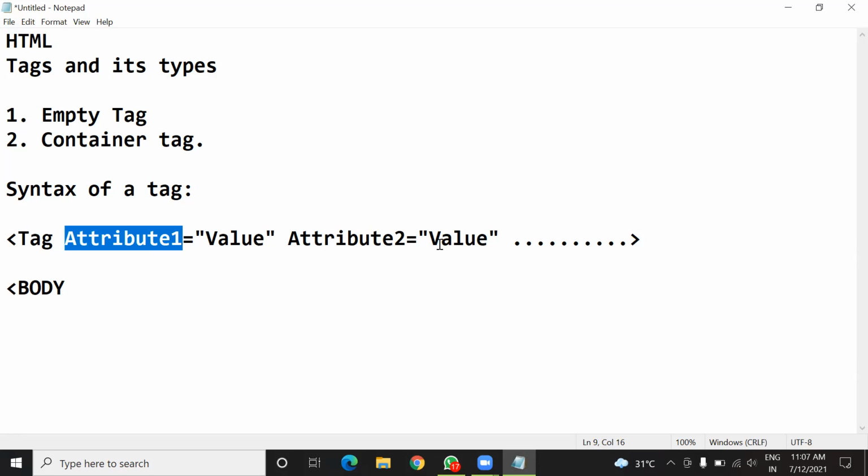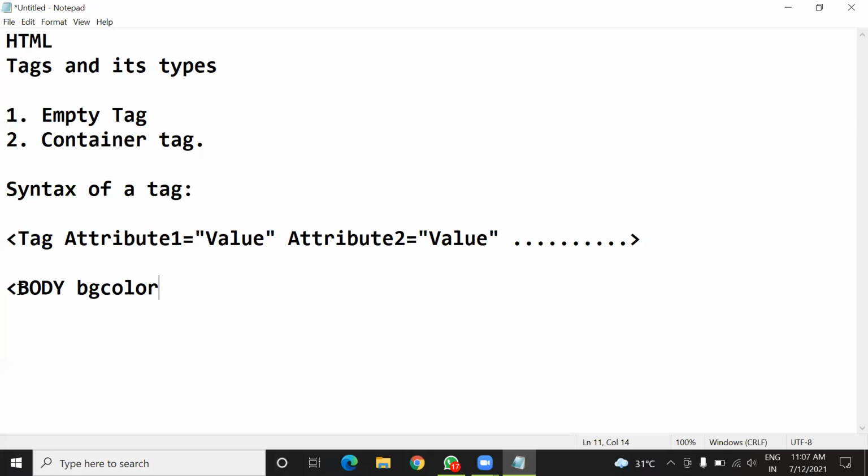I think there are a total of 9 or 10 or still more attributes for the body tag. One of the very common attributes is bgcolor. Here bgcolor stands for background color. It means what background color you want for the web page.